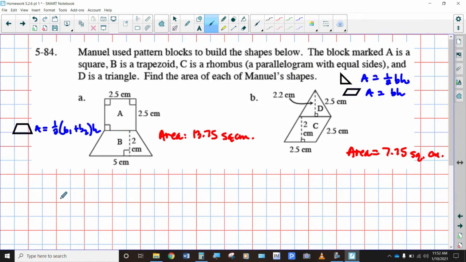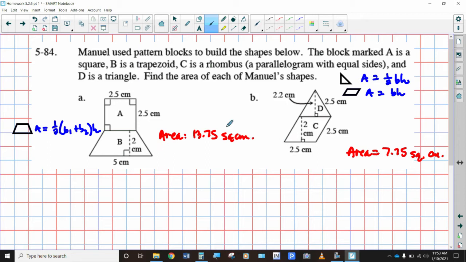All right, so this is something that we haven't seen in a little while, being able to find the area of different compound or complex shapes. So looking at these shapes, you need to really break them down into their different parts. So we do have formulas for trapezoids, formulas for squares, formulas for parallelograms and triangles. Turns out the parallelogram formula is pretty much the same as any rectangle formula. So you just have to identify the base and the heights of each of these and then solve them and